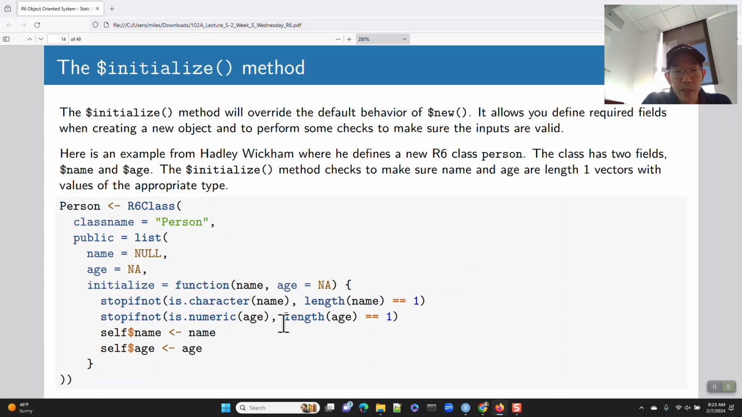And this R6 class has two fields. Okay, so we're going to define a person. The person is going to have two fields, a name and an age field. And then we're going to create this method called initialize. So again, class name is capital P person, and we are storing this back into an object called person. The second argument is public, and that is a list, and we put in the fields and methods that we want. So we have name comes in NULL, age, NA, and then we have one method here,